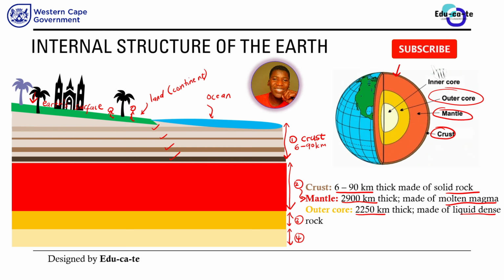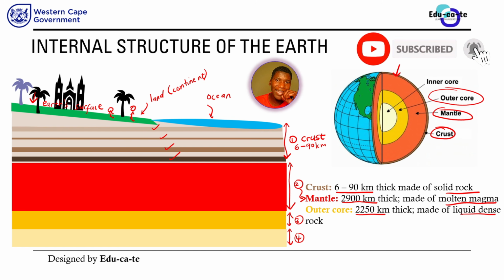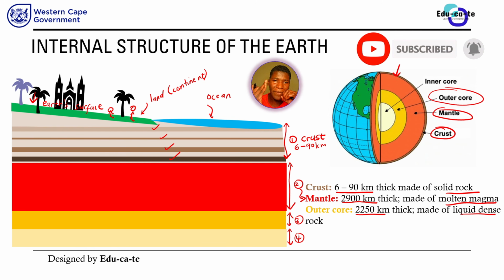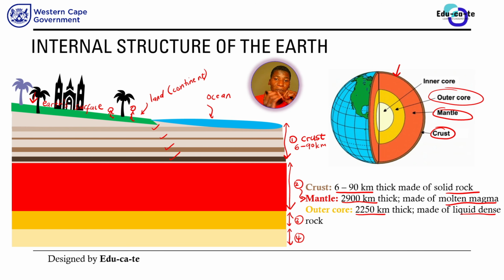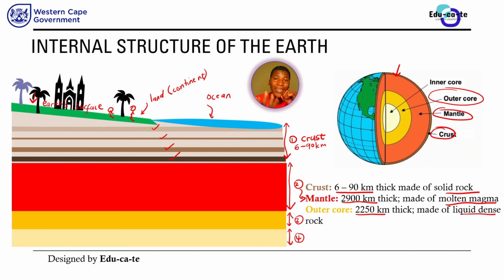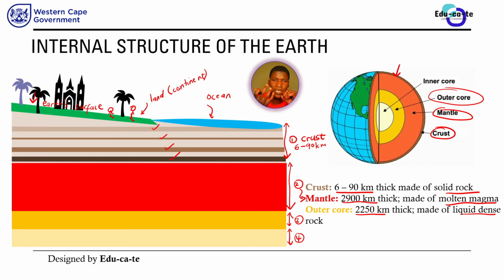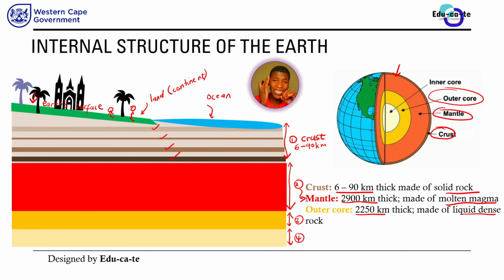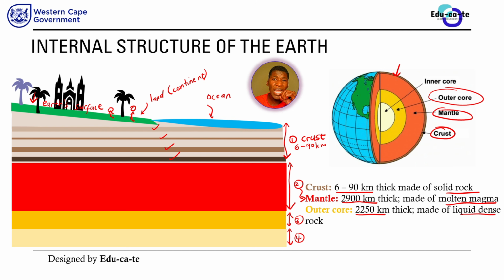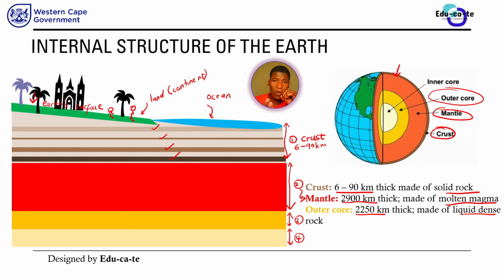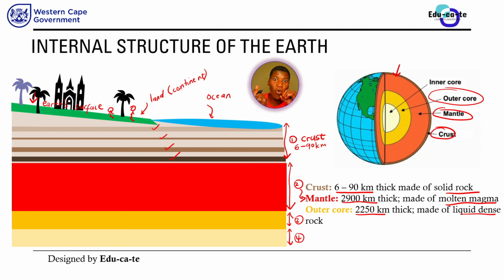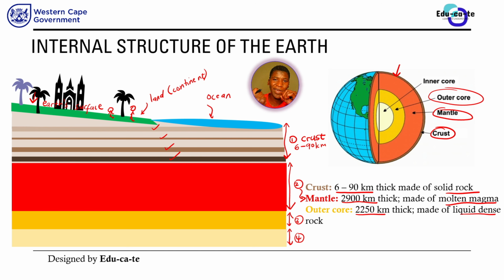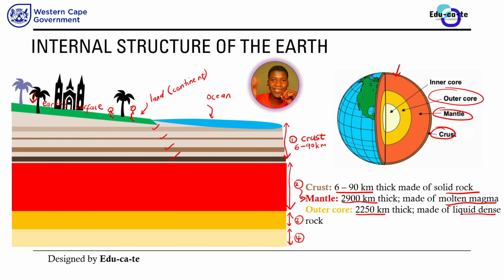So if we continue digging down underground and we pass the crust, we pass the mantle, we will reach the outer core. So the outer core basically has liquid rock. I'm sure you are trying to imagine how rocks can be liquid, but rocks can look like water only if they are found at the outer core. The moment that they reach the earth's surface, they become solid and strong, the one that is able to beat you down, and stuff like that.